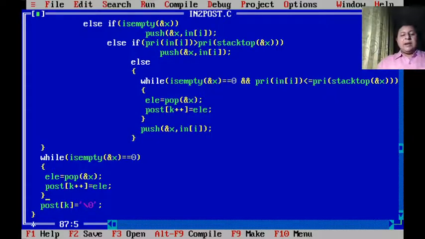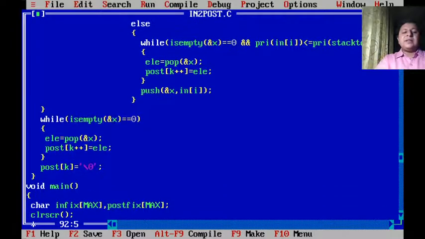So finally my post, which is currently a character array, I'm placing all my output in that. As per the rule of C, I have to assign the null character at the end. So my post will be considered as a string, and hence I'm doing post[k] equal to null. Okay, that's a part required by C programming.